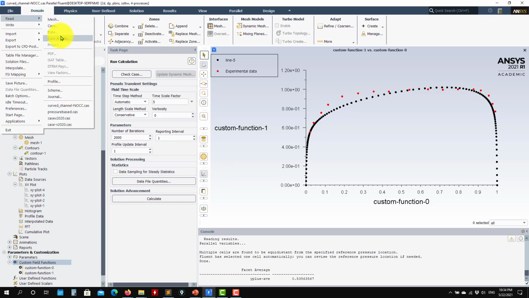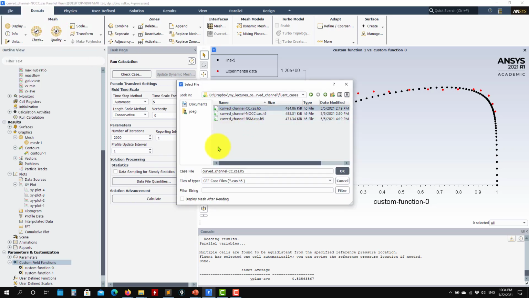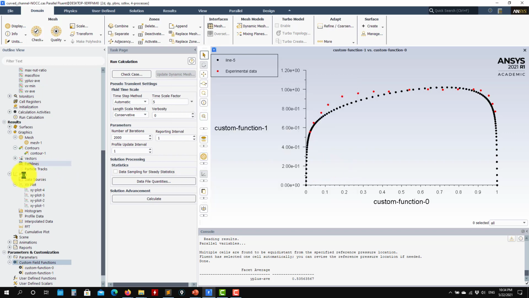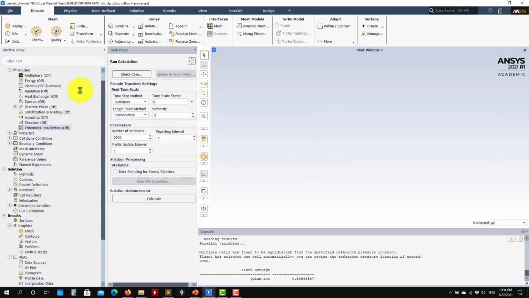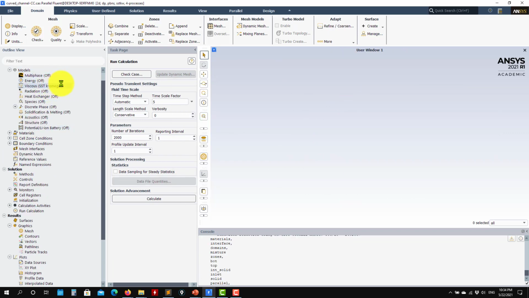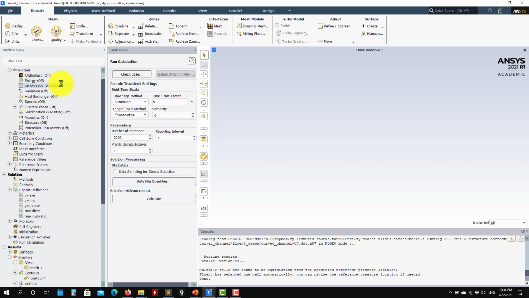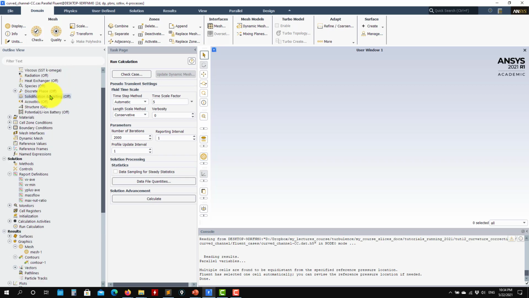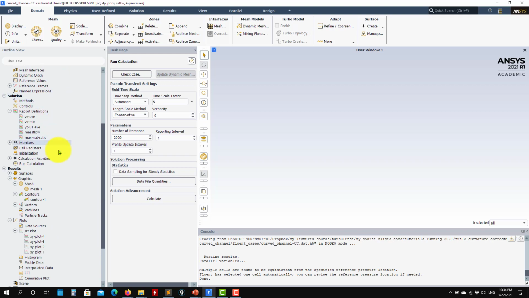Now let me go and open the other case with CC, which means curvature correction. Okay, so it's the same model, k-omega SST. Remember that you have that one also for the parallel matters and k-epsilon. Okay, it's the same idea. So if I go there,